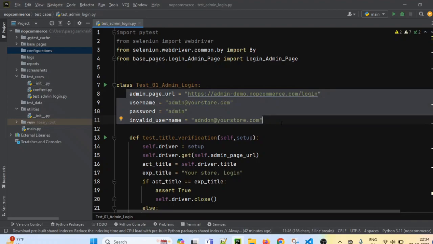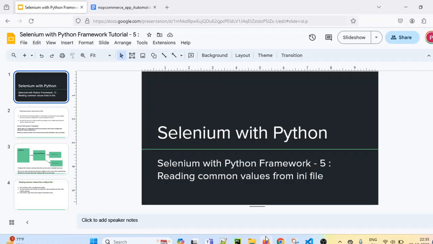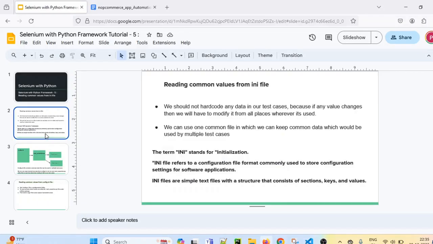That's why the common data which we need in multiple test classes or multiple test cases, that common data we should keep in one separate file. We should not hard code that data in our test cases. So that's why we will use INI file to read common values.